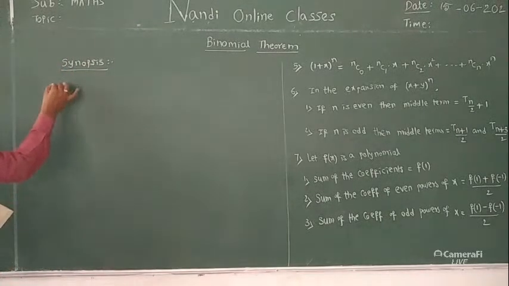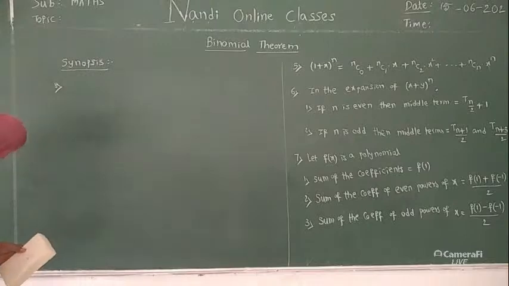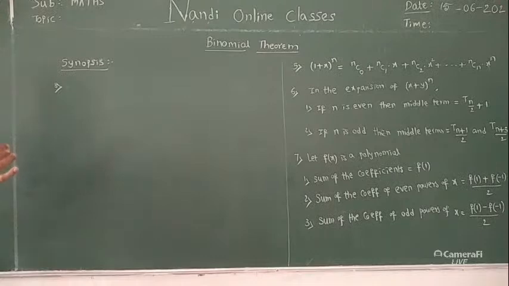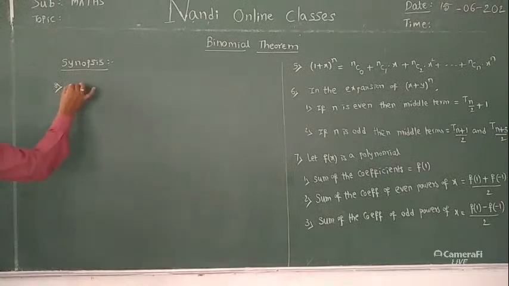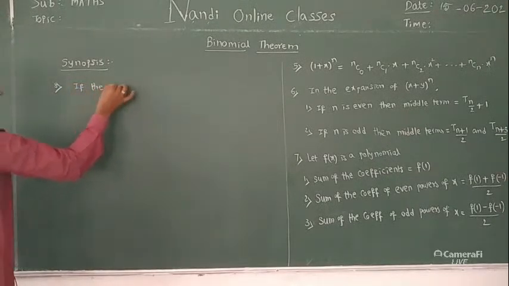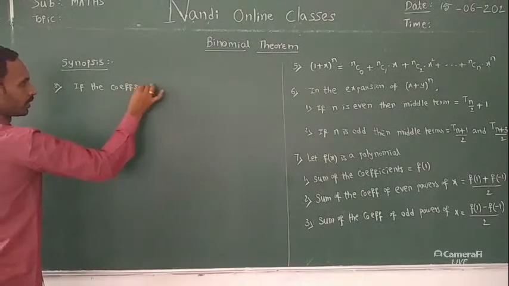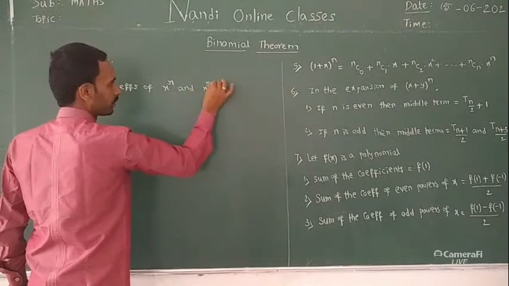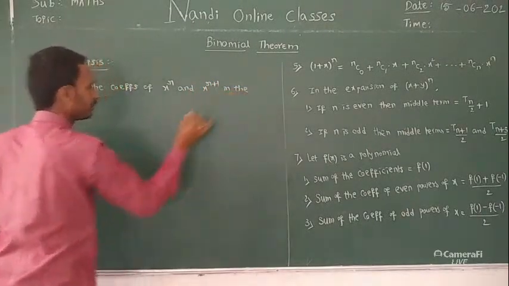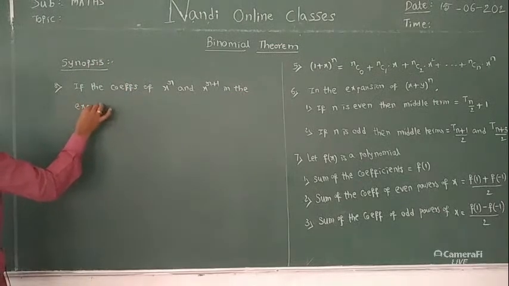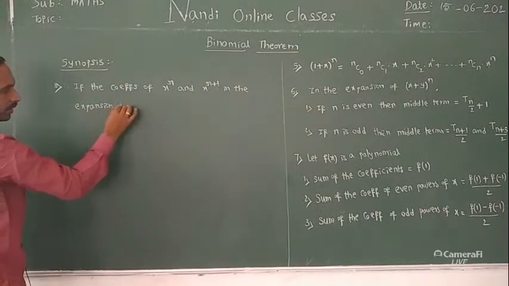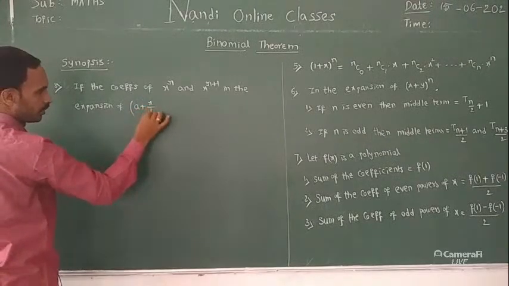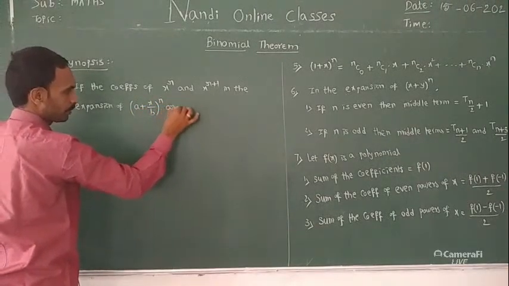Okay, 8. 8 is, if the coefficients of x power r and x power r plus 1 in the expansion of (a plus x by b) whole power n are equal,